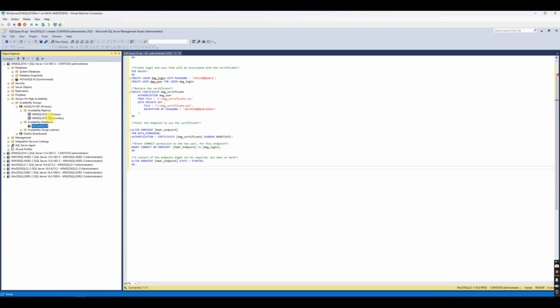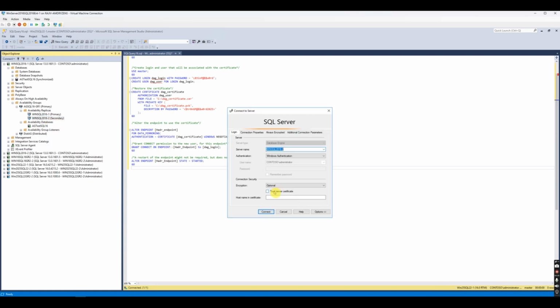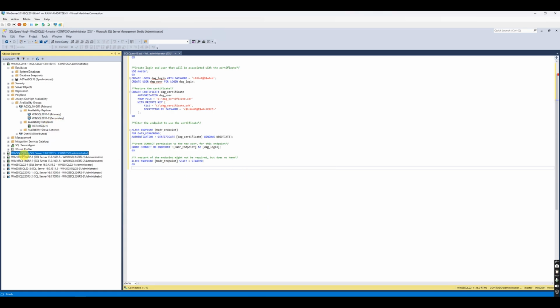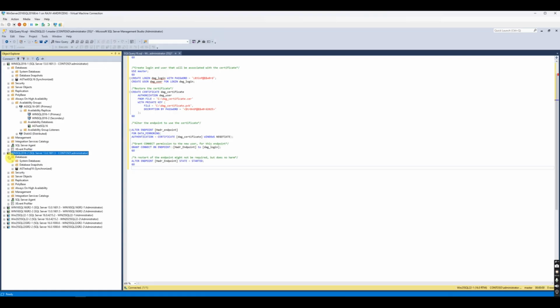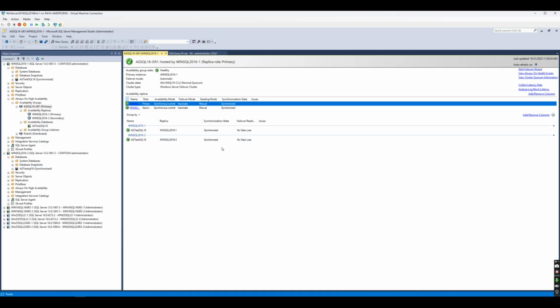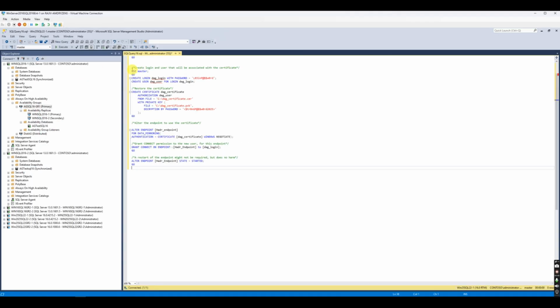The secondary replica for this is the WinSQL 16-2 server, and this is synchronized, everything green. Now I have a distributed availability group called dist AG,